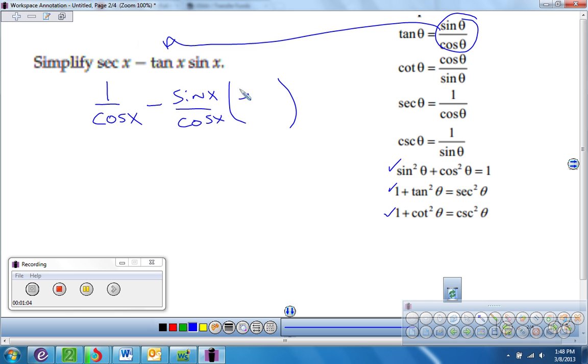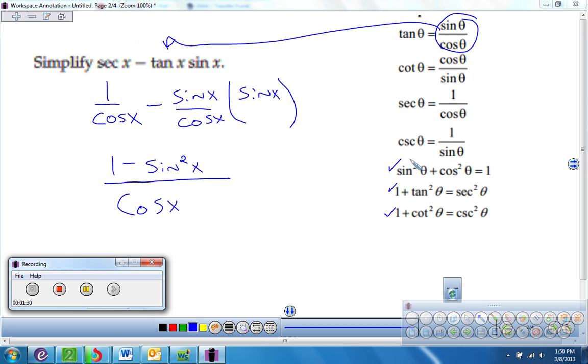Okay, then we have sine x. Now we have sine x times sine x, so that will be sine x squared. So I have 1 minus sine x squared. Now, since these have the same denominator, I can just write it over 1 as a fraction, like this, and simplify the fraction. Now, if we look over here, now that I've got a squared,